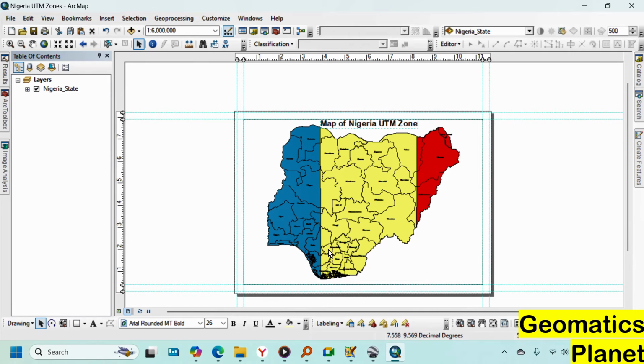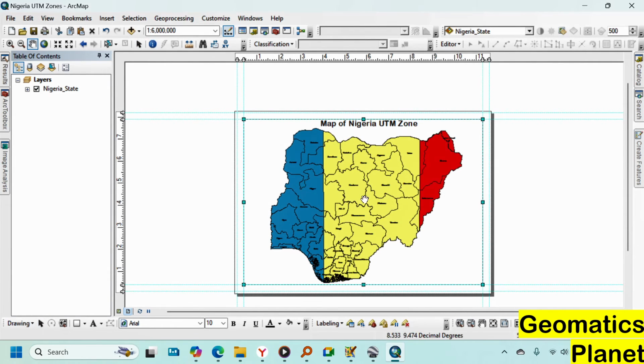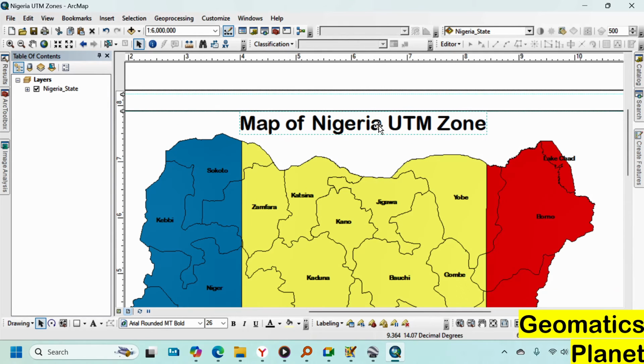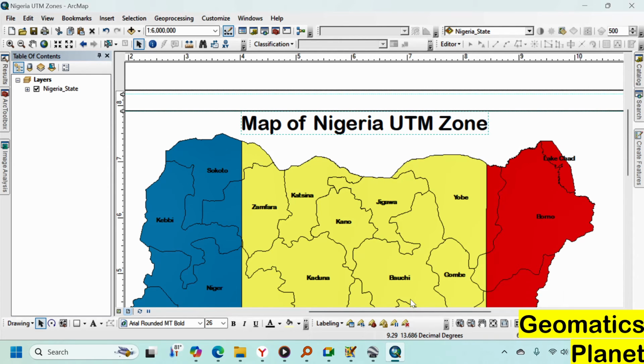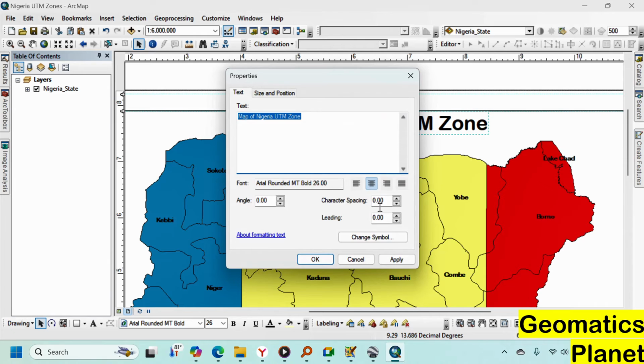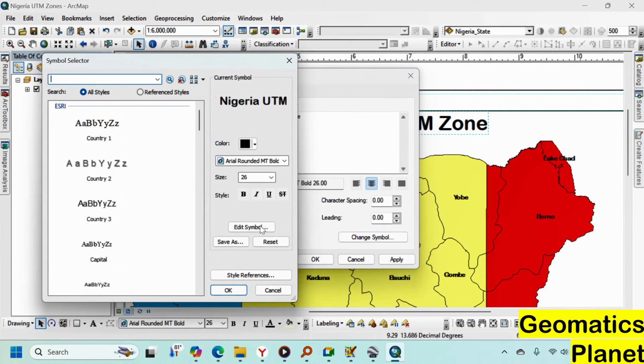Now this is touching this, but there is still a little space on the ground. I can click on it, go to this tools hand, this hand here, and then drag it down a bit. Now I'll draw the tools, and this is showing me perfectly the way it is. Now I want to make it look a bit fancy. Then I can go to the properties of the text. Now change the symbol, then edit symbol,